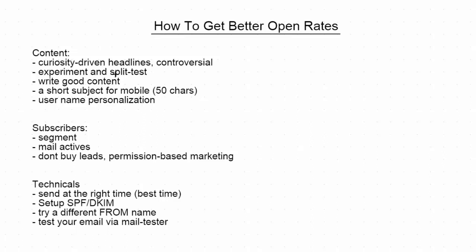When you're sending an email, having a curiosity-driven headline or something controversial really helps. For example, if you wanted to do us versus them, you could say, this is the truth that they won't tell you. That's both curiosity driven and controversial. Or something along the lines of, this is something you must see. Now, of course, it's a little bit vague, it's a little bit blind, but that does get you higher open